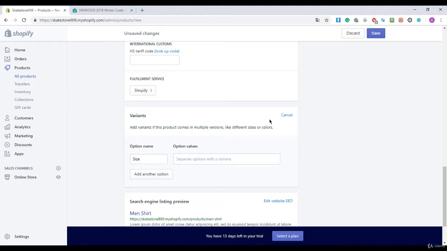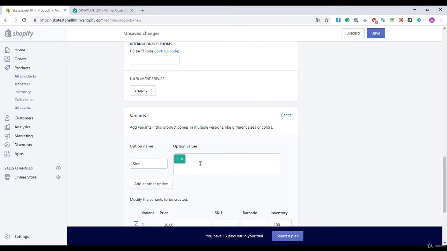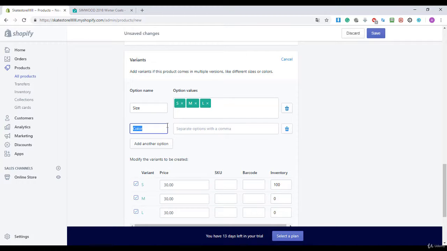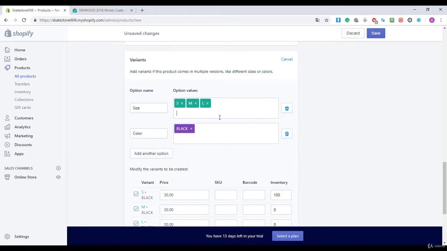And here I'm going to add variants. These are the variables. So I'm going to enter a size S, size M, size L for large. And I'm going to add another option, the color. I'm going to enter here black and gray